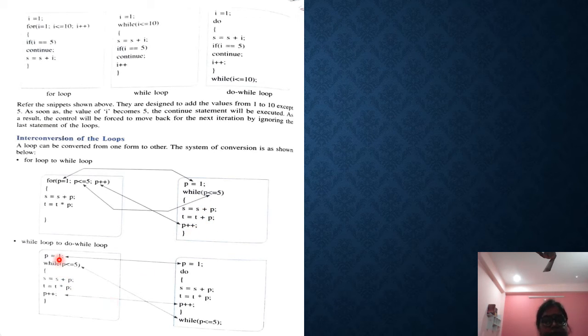See how it differs in do while. In do while, initialization must be there first, then there is do. Okay, then we have done the function, and then increment decrement, and at the last, when the curly braces close, there is your while. It is an exit control loop. Okay, and the semicolon is there just for termination. See, in the while it is not there, but in the do while, the semicolon is there.